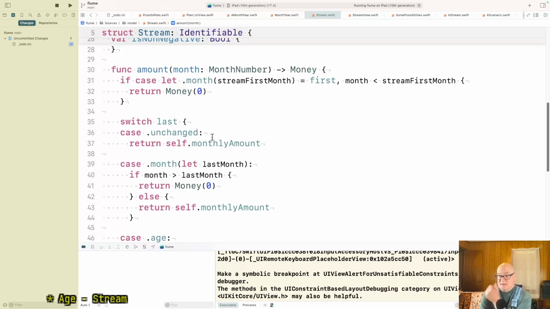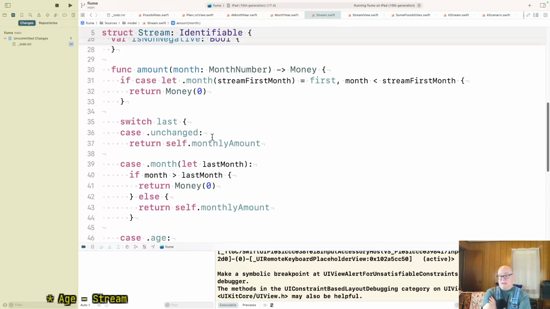Well, I need to know the start date. No, do I? Not yet. I do need to know the people so I can look up Bob and get his birth date and then calculate forward to what month number that is. And to do that, I need the start date. So yeah, it seems like I need people and start date. Right, we need a global map. Now that assumes we're figuring this out when we're calculating amounts.